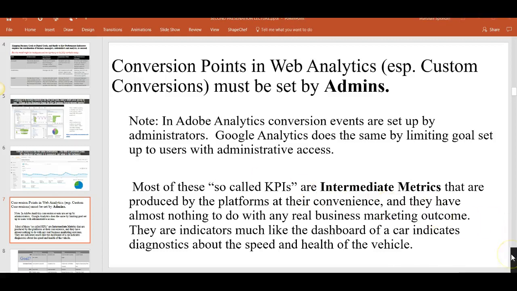don't really do much. They give you some raw data, and the data that comes out of analytics in general is usually called an intermediate metric. They're produced by the platforms such as Adobe and Google Analytics, and certainly even the social media platforms. They produce likes, follows, following, and so on.